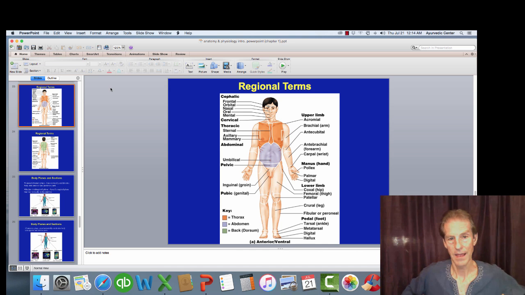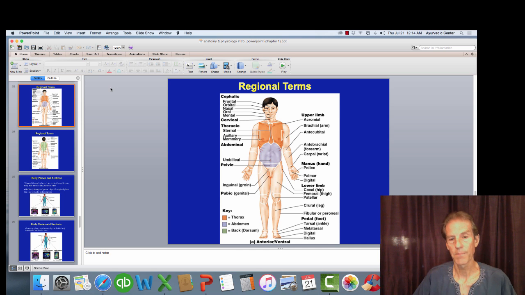In the thoracic area, in the center is the sternal. Toward the breast is the axillary region, toward the underarm. This whole region is the abdominal with the umbilicus in the center. Below that is the pelvic region, or the pelvic bowl. Down in the inguinal area, separating the pelvis from the lower extremity, that would be the groin. And the pubic area refers to the genital area.